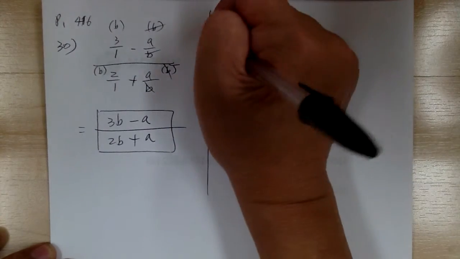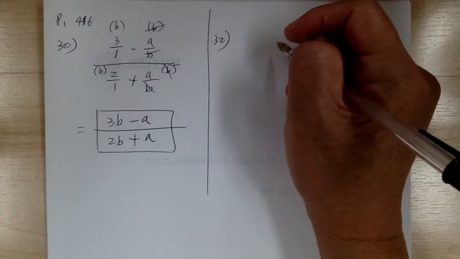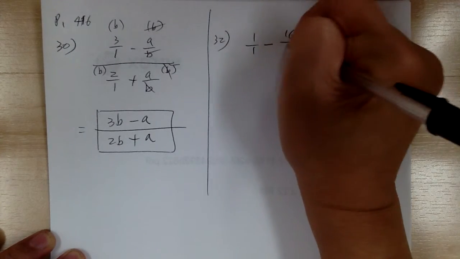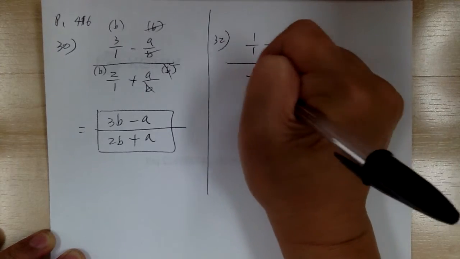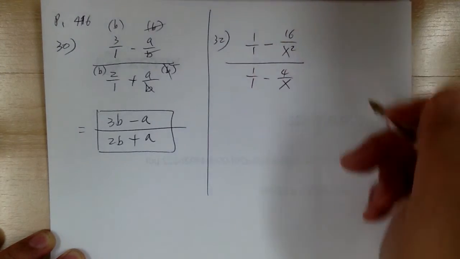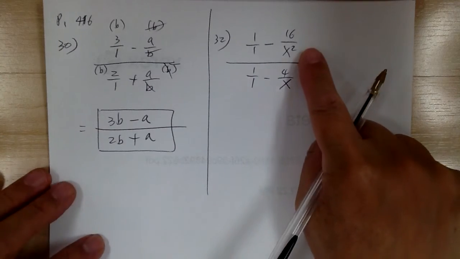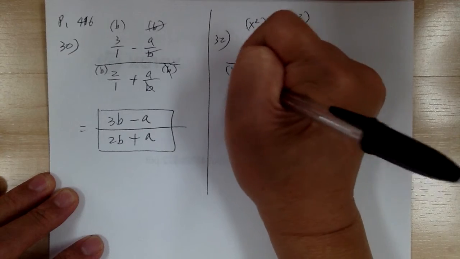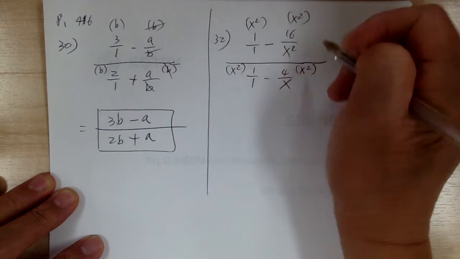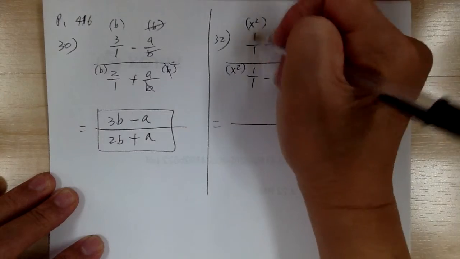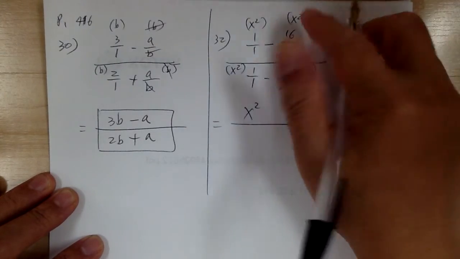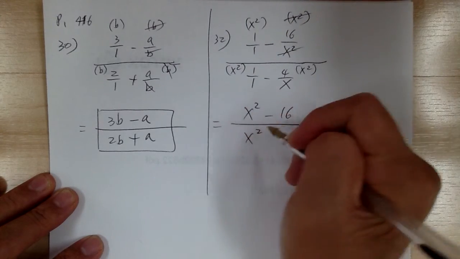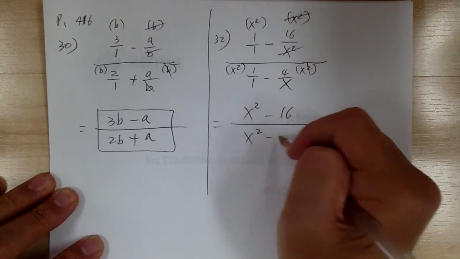Okay, let's do number 32. Again, you want to put every term as a fraction. Okay, then get your common denominator, which is x squared, so multiply every term by x squared. And get your fraction ready. This one does not cancel, so it'll be x squared. This one will cancel out, so it'll be minus 16. This one does not cancel, so it'll be x squared. This one, the x will cancel, so it'll be minus